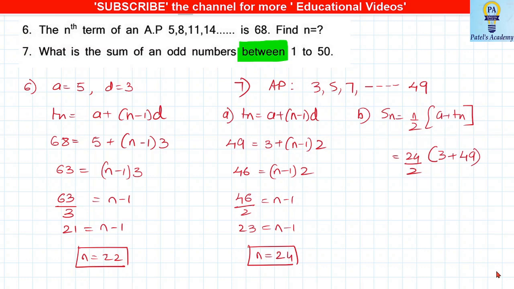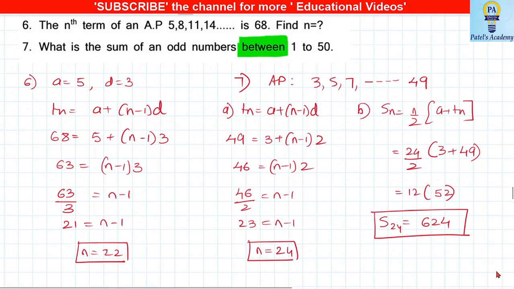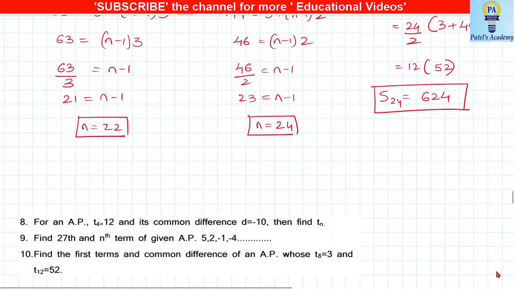Okay, so this will reduce to 12 and this will be 52. So 12 into 52 will give me 624. So S24 is 624. Okay, let's see the next one,